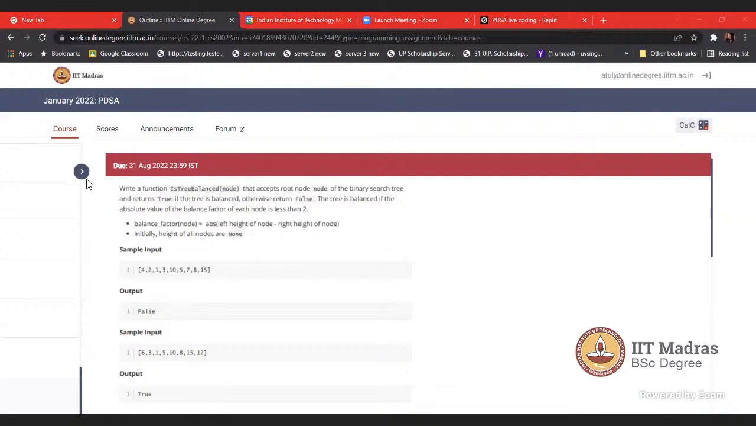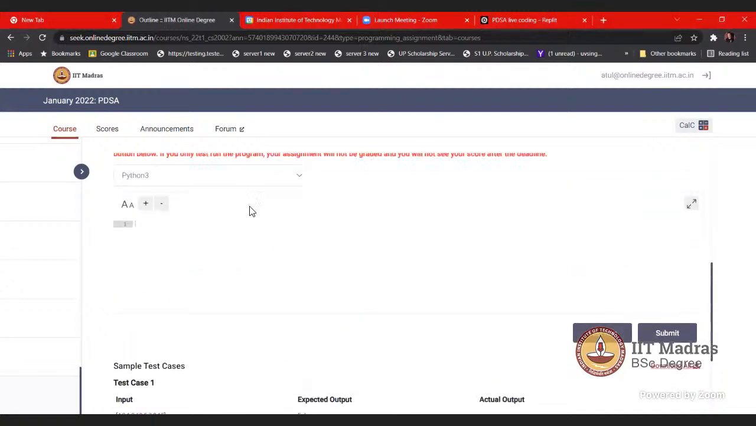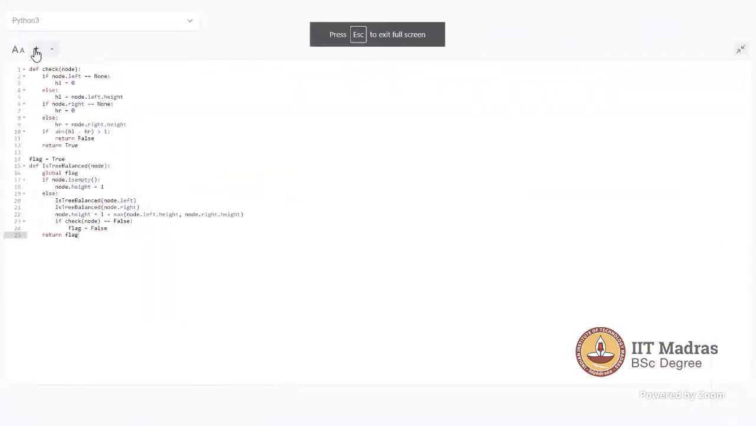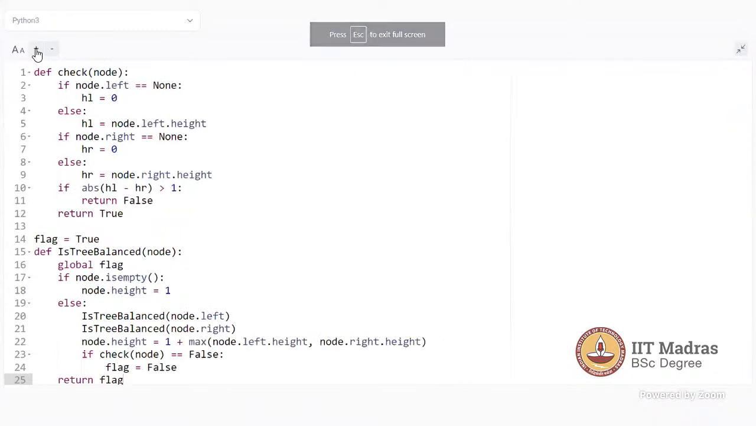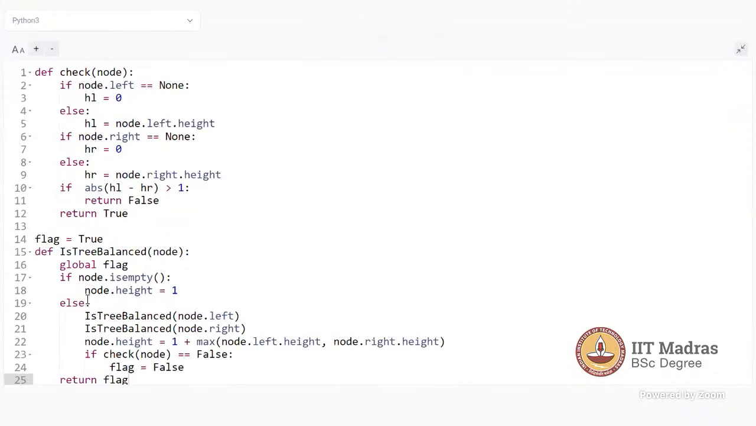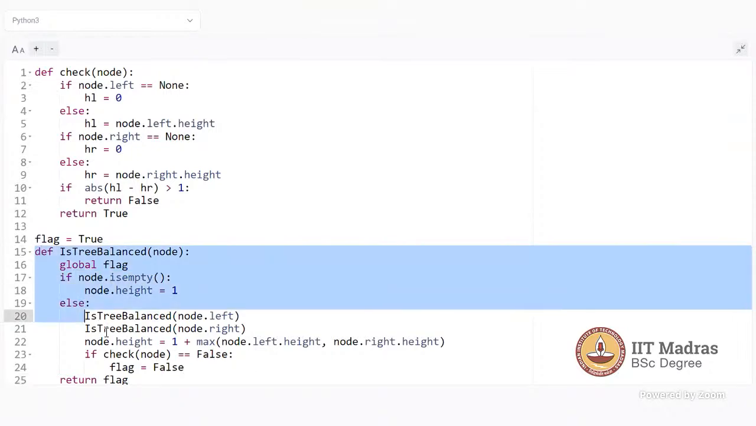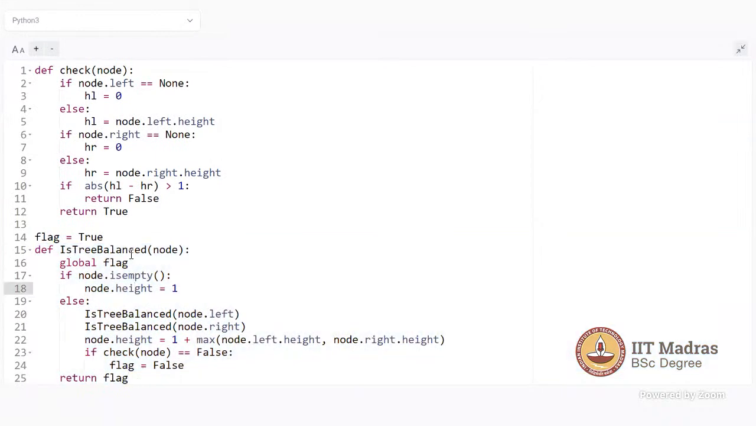Okay, I'm explaining the solution for problem number 5. Basically I'm using the approach of post order traversal. This is the main function, is tree balanced. We are using one global variable flag. First, this is the recursive traversal. If node is empty,